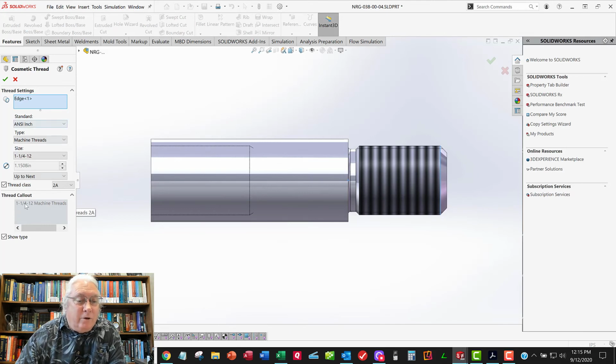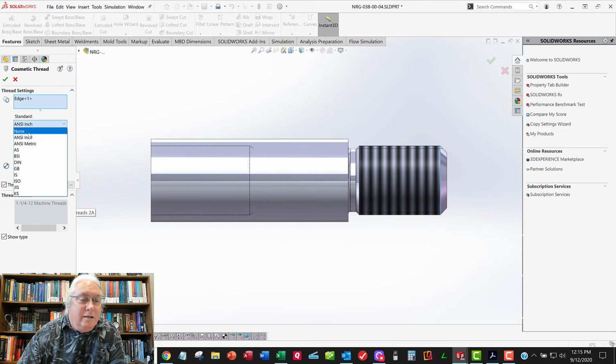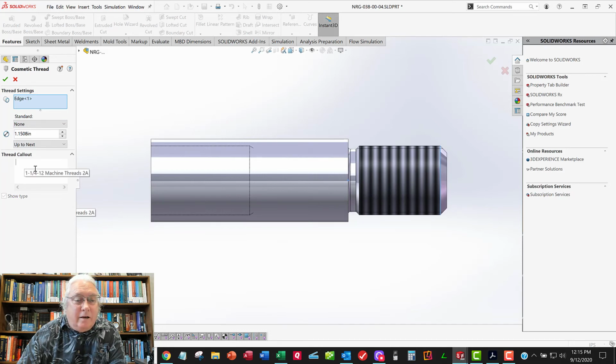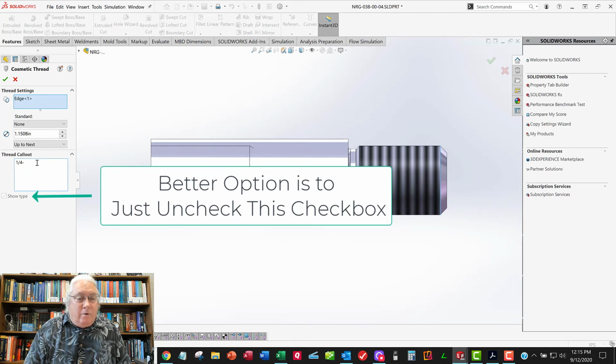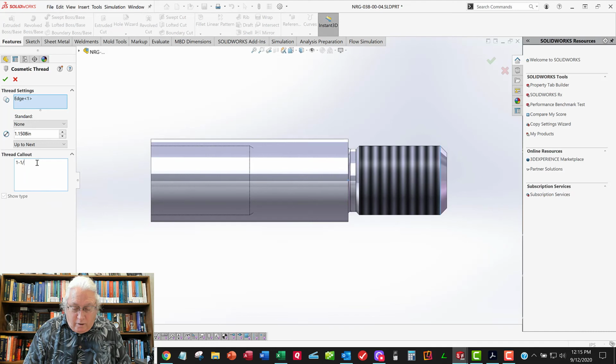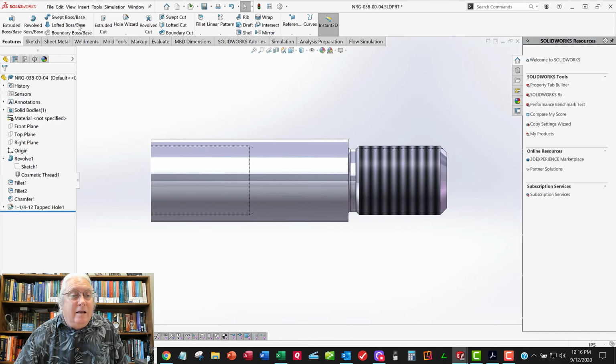And you have to kind of fake SolidWorks out. What you have to do is change the ANSI inch standard, change it to none, and now this thread callout, you can get into this dialog box here. And I can type in what I want, which in my case is 1 1/4-12 UNF 2A, right? That's the real callout per the ANSI standard. There's a major diameter, threads per inch, unified fine, class 2, A is for external. And if I say OK on that, save and close the model,